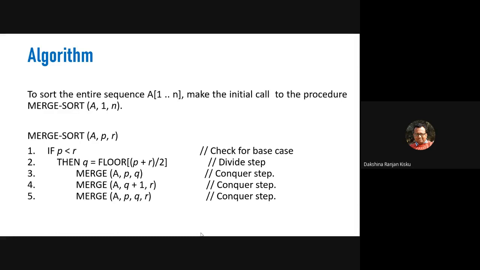That means when we apply the merge operation, the first merge operation is applied on the array with the first element p and last element q. This is the first subarray. Then we apply the merge operation on the second subarray, from q plus 1 to r, and finally we combine the two sorted subarrays and obtain a sequence, and this sequence is taken back into the original array.